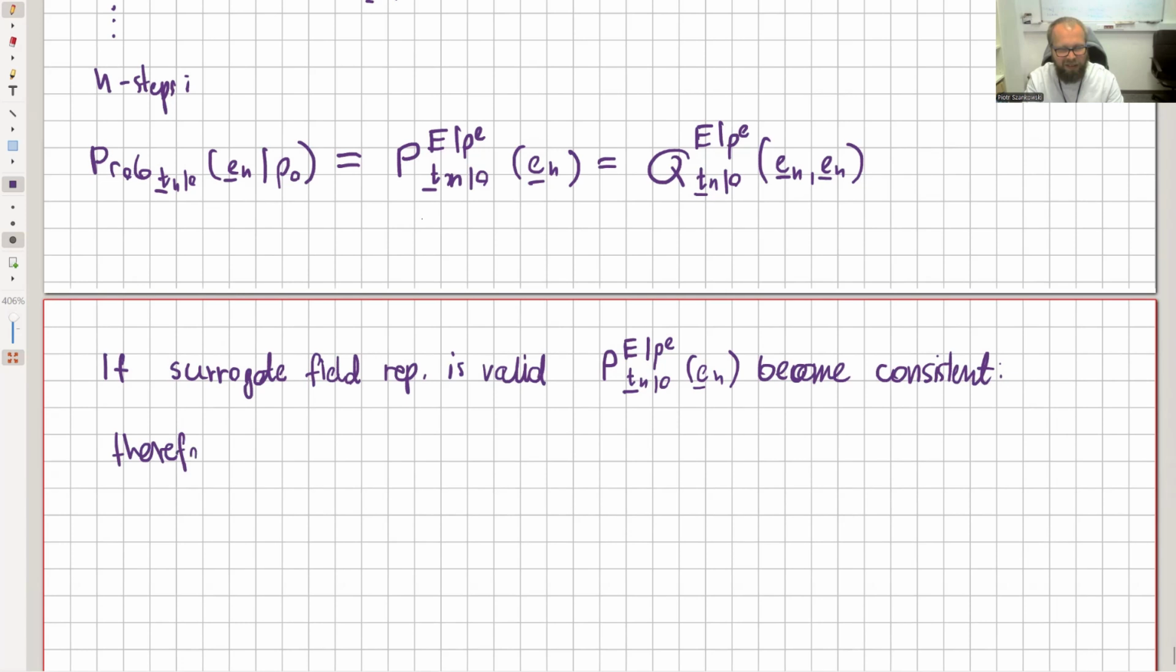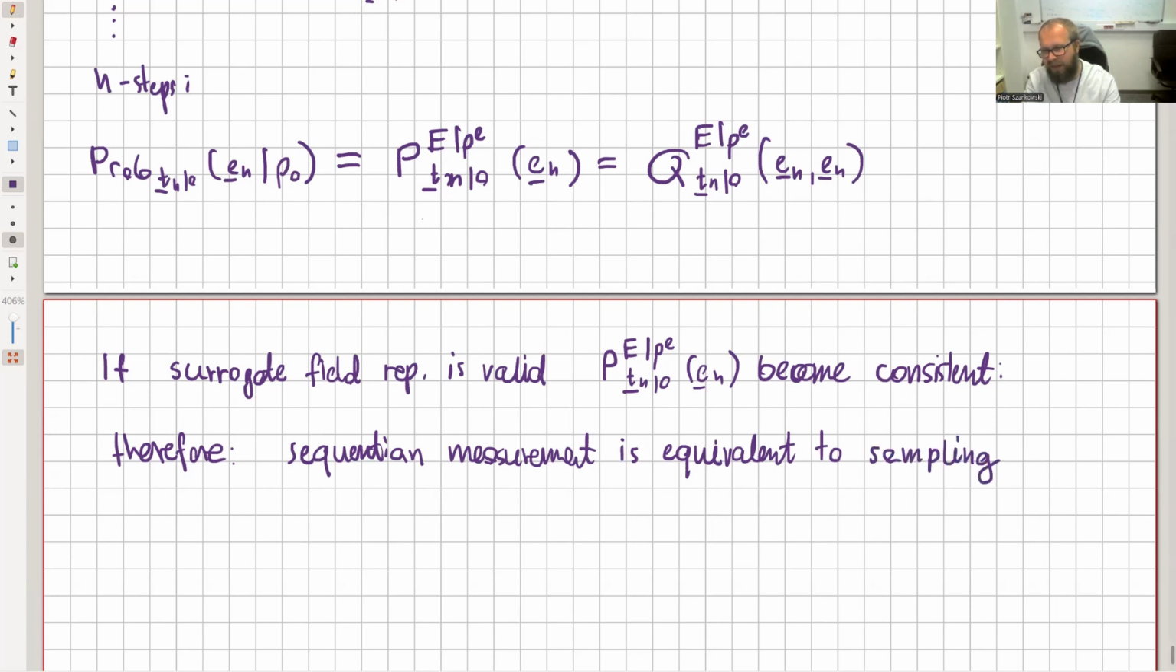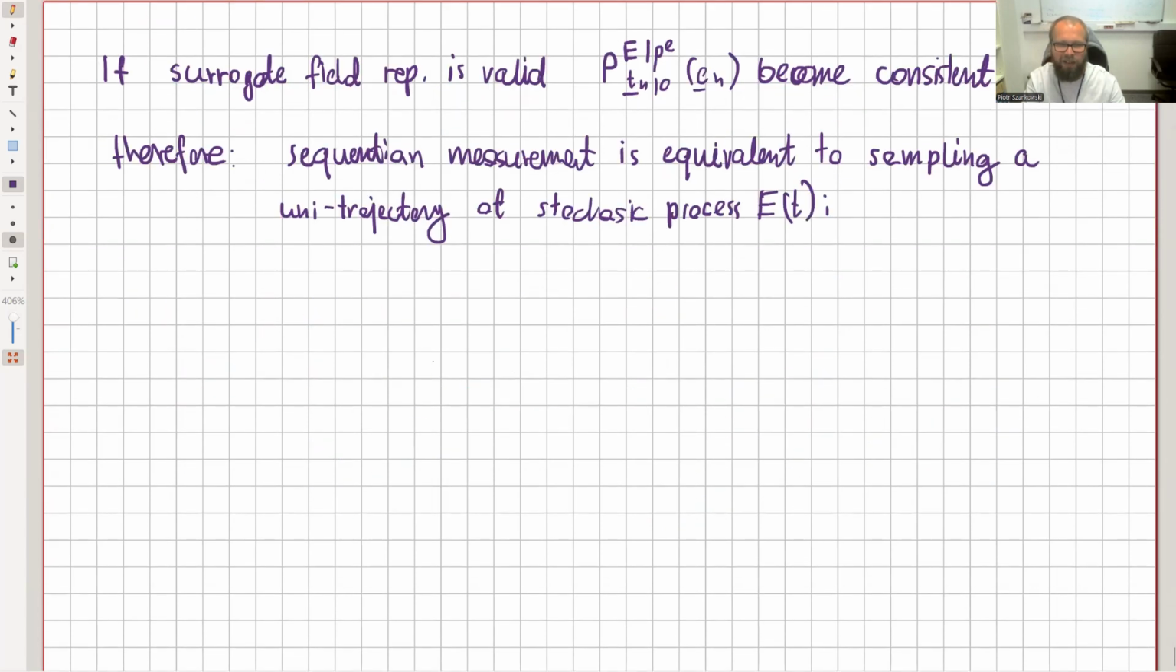Therefore, a sequential measurement is equivalent to sampling a trajectory, a unitrajectory, of stochastic process E(t). Right? So in other words,